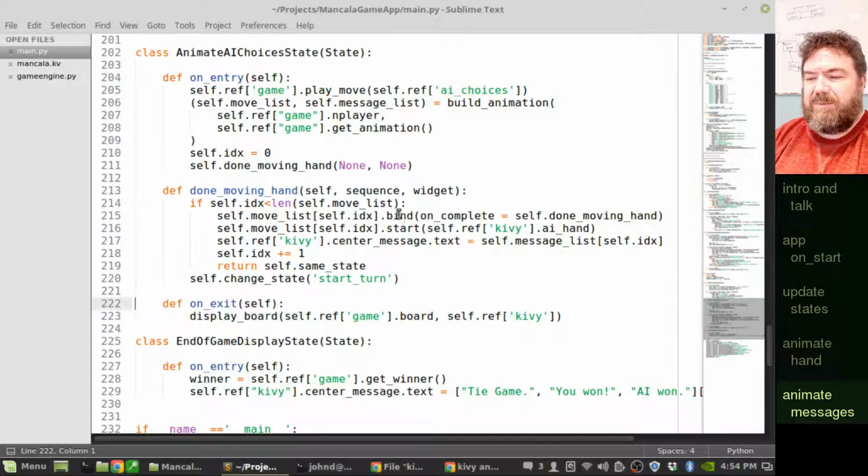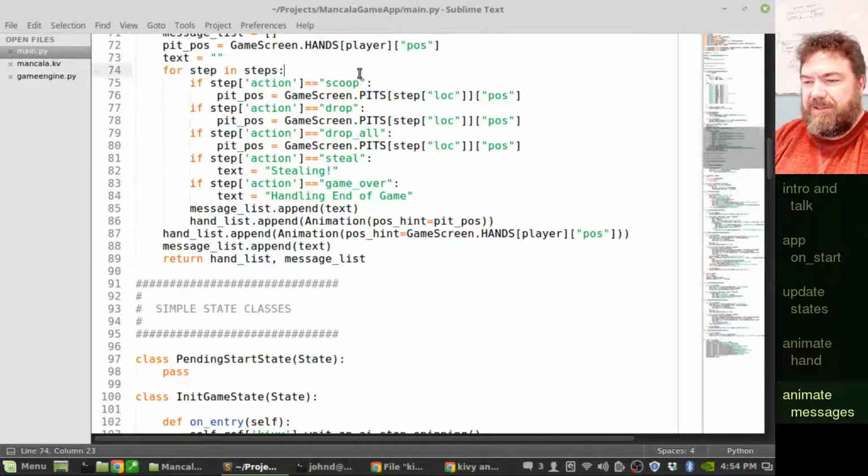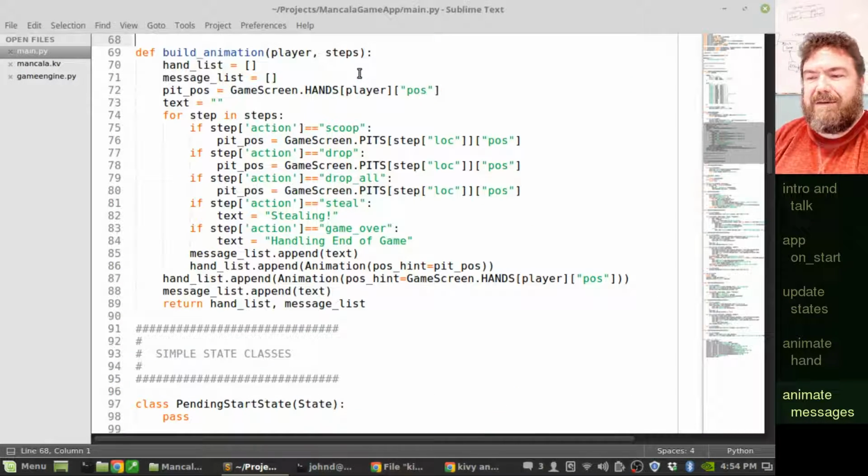Let me show you some of the things I've done. I've created the animation routine again. I've made it into more of a list rather than a built-in sequence because I need to modify multiple widgets, including the text and the hand itself. And later on, I'm going to be adding in seeds, and of course, modifying the labels. If I use the built-in animation sequences, I seem to be really limited. I can't get into the middle of the sequence. It just goes on its own, which is great sometimes, but in this case, it's going to cause me a